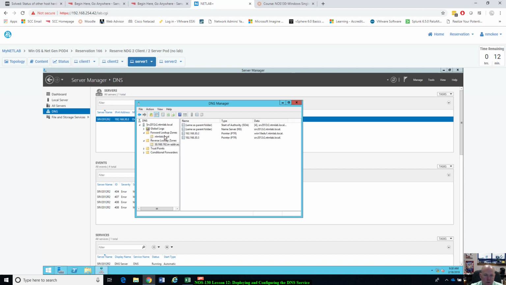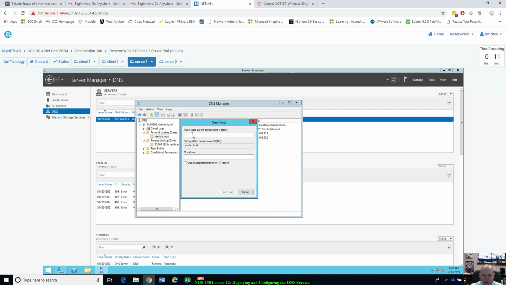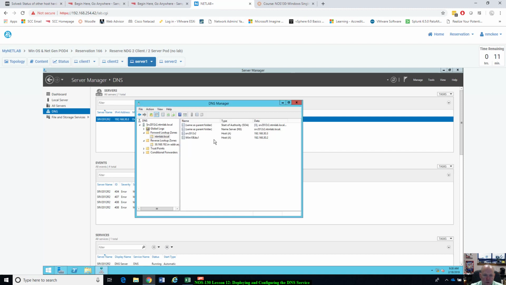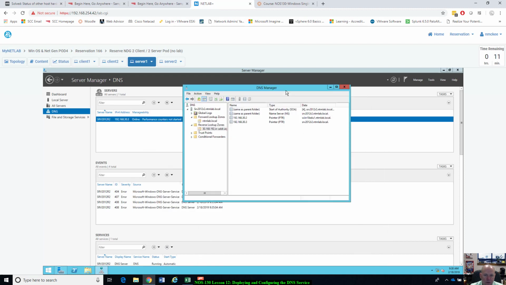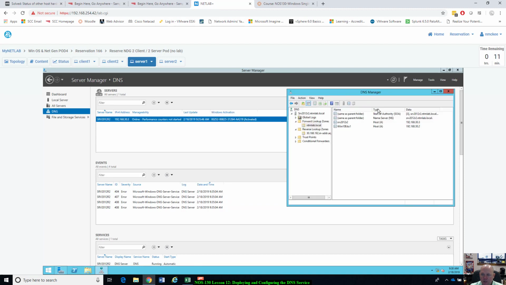And if you want to manually enter these entries, you could right click, new host, and enter the name there and the IP address. I'm not going to do that. You can create an associated pointer record, which will enter this right here automatically as PTR. But what you need to do, I'm going to grade based on one thing, the name right here. The forward lookup zone should be your three initials, lab.local. If this isn't working,